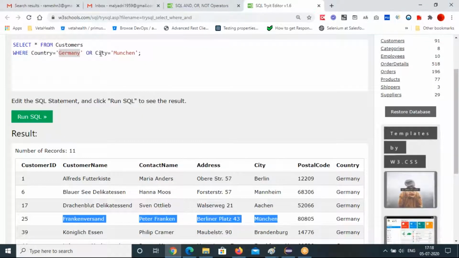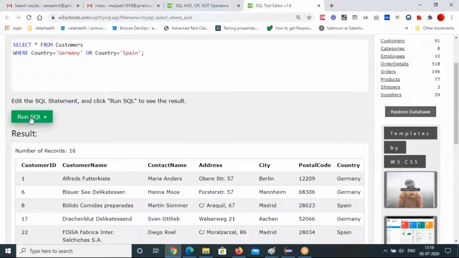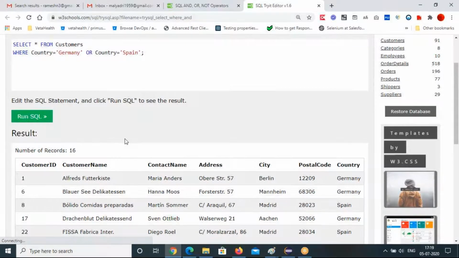Again, this SQL query is different, not city here, again country, Spain. So that means Germany related and Spain related, both you will get. See that.